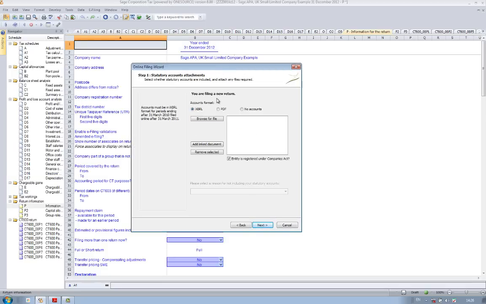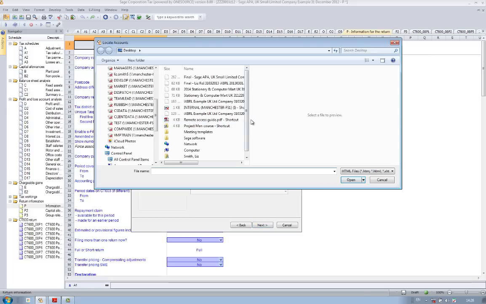The format of the accounts would be in IXBRL format, which we would browse for the file. I don't have an IXBRL file of that client, so I'll just pick up another one which will then